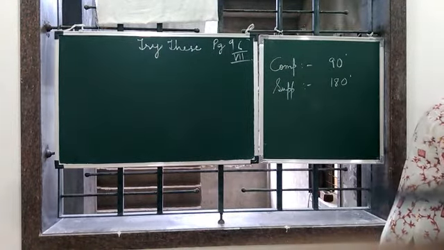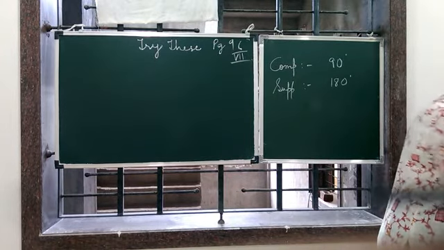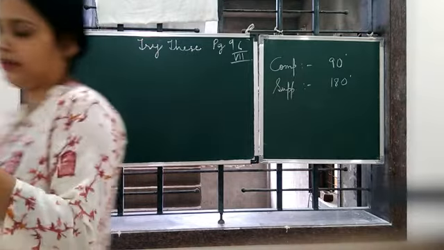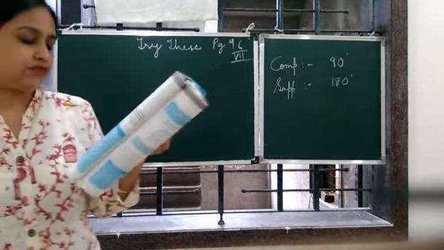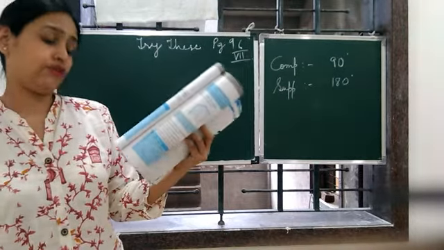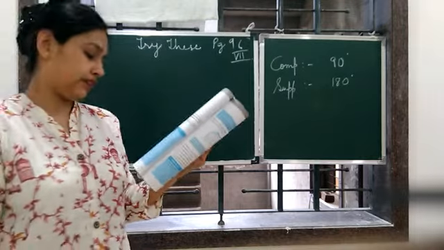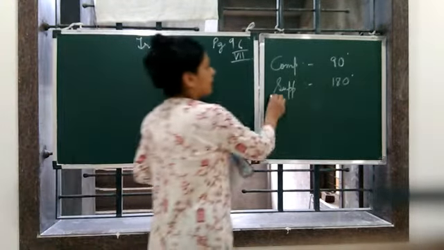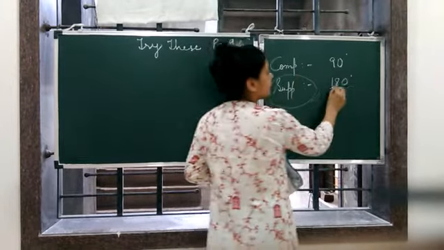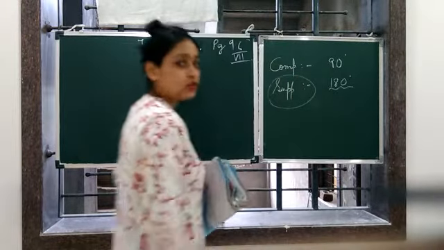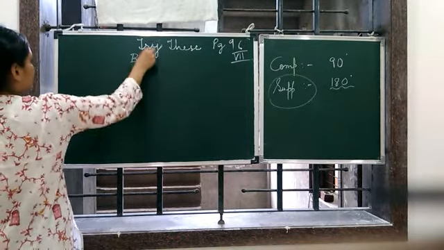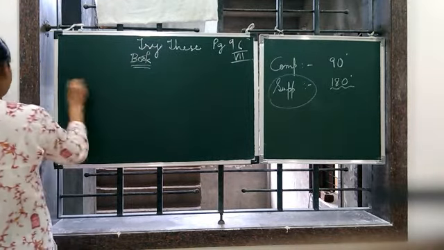वाला हम already कर चुके हैं. So try these. Find the pair of supplementary angles in figure 5.7. Means there are 1, 2, 3, 4 sets of angles given. We have to find whether they are supplementary or not. So when can they be supplementary? जब उनका sum कितना होना चाहिए? Straight angle, that is 180 degree. So we have to check here only. We will do it in book only. This is not the work to be done in copy.